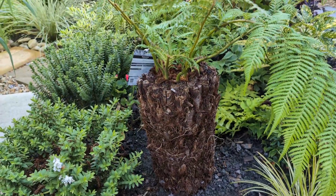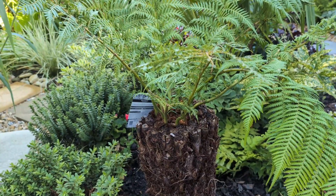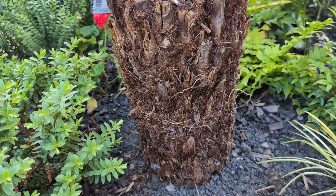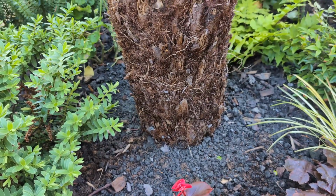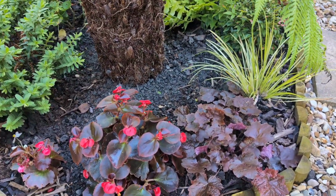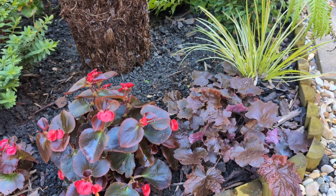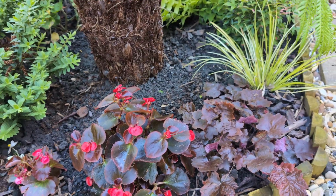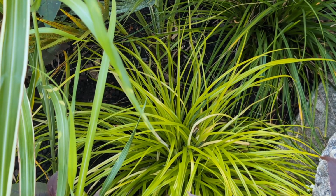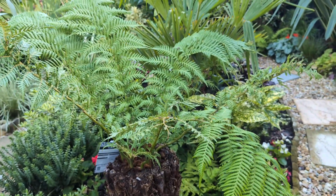Sunday, as you know, Tony and myself went to the garden centre in Wemfo and we bought the Dicksonia Tree Fern. That's settled in quite well. I do want to change a little bit of what's planted around the bottom. I know it needs a lot of water, so there's no good really having heucheras there, because they like it quite dry. So I think I'm going to change just that little part of the garden and maybe add some ferns and some grasses that I've already got. There's no need to go out and buy anything new. So I'm going to have a little go at that today